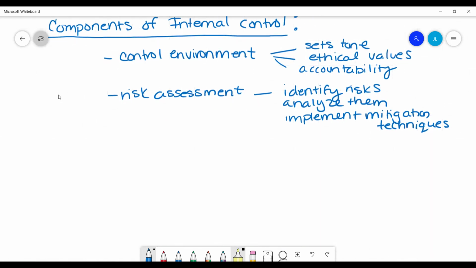Next component of internal control is actual control activities. Okay. So there's a bunch of different kinds of control activities, right? These are those activities that go on within the organization that help to maintain internal control, right? One of those control activities would be, as a starting point, those policies and procedures that a company has put in place to address risks, right? This risk assessment. And some examples of that would be segregation of duties,